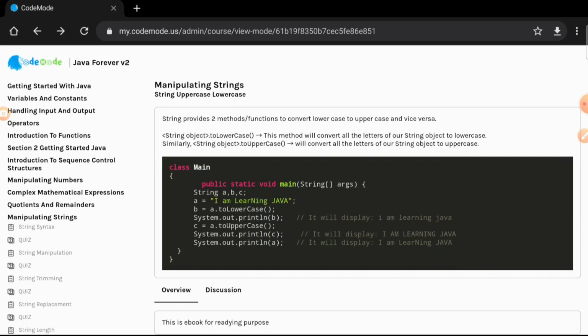Currently we are learning manipulating strings, and in today's class we will learn about conversion of string from uppercase to lowercase and lowercase to uppercase. In many places when we ask user to input a value, it is a good idea to convert the case so that the value you expected and the value the user entered are the same when it comes to comparison,